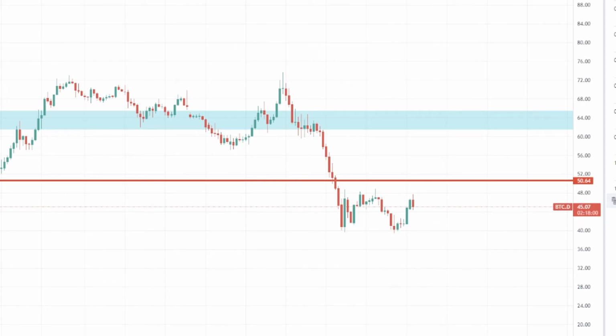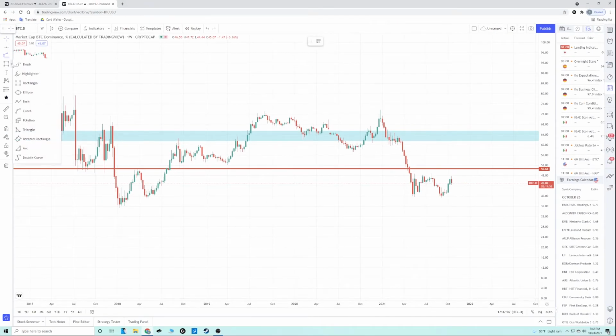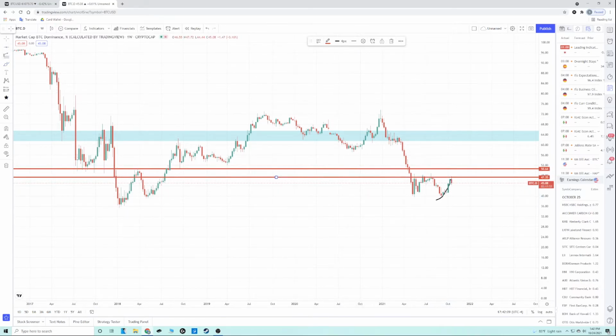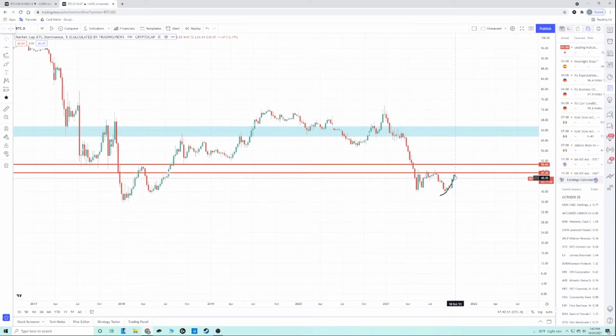Remember last time what Bitcoin did? It rose, it kind of paused at a resistance, which we have here, and then it continued up into the end of October before falling really hard and wicking down at the previous low. So here, back then it would have been 48. Now it would be 38. So we're just looking at the similarities here. Rise, fall,